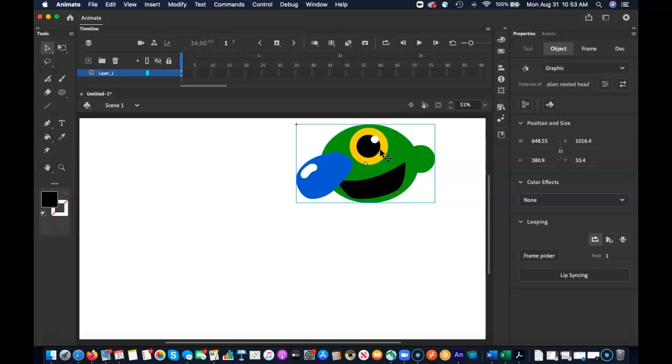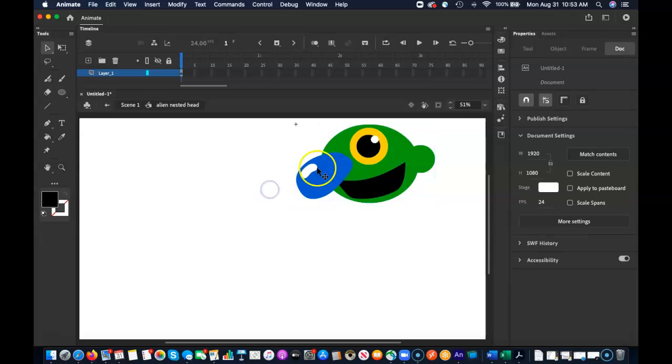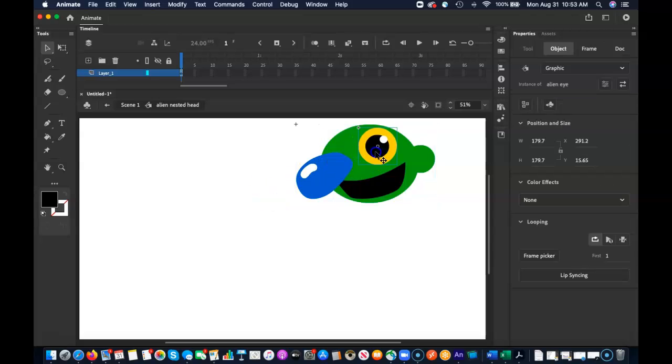All right, so here's the tricky thing. Double click the symbol. Click, click. There you go. Now we are inside, as you can see, alien nested head. So if I wanted to move the eye back or forward, I could. Or if I wanted to reposition the nose, for example, rotate it a little bit,